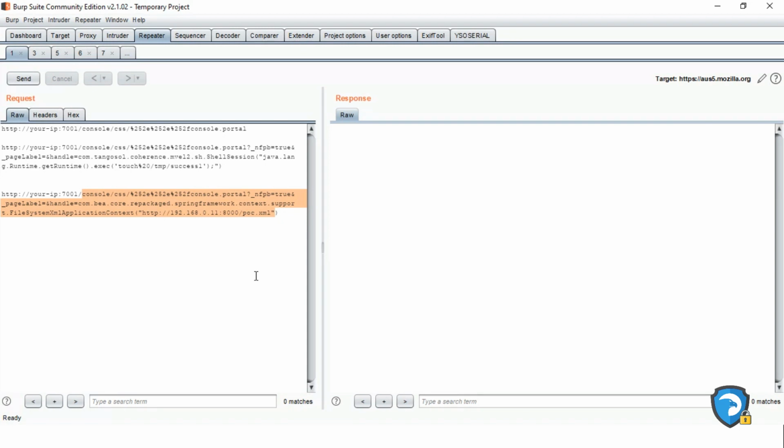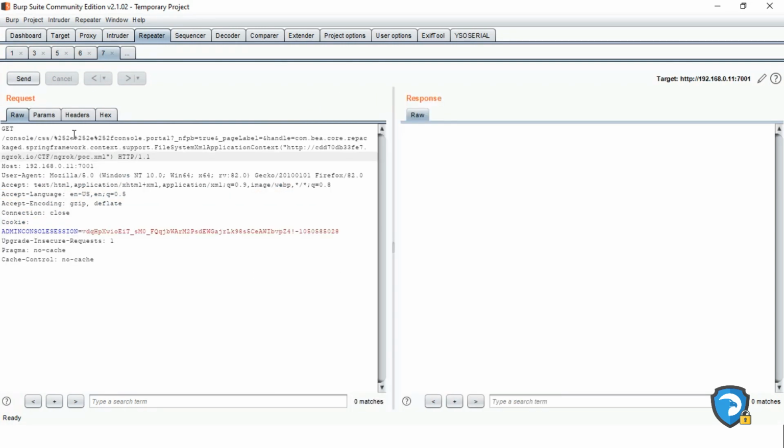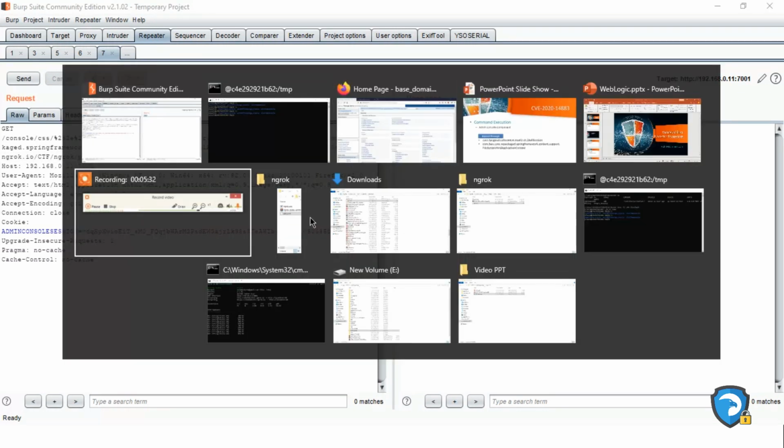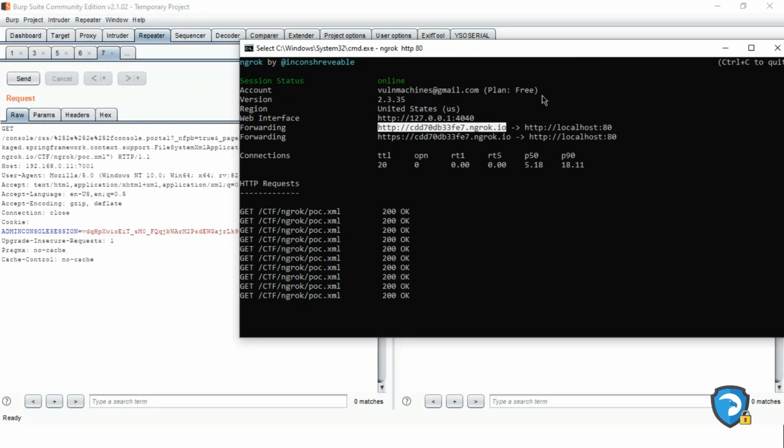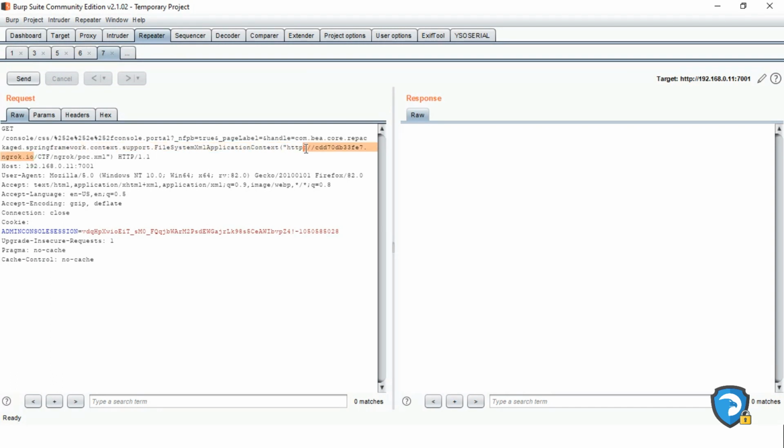To exploit this file system XML application context, you need to make a crafted XML file and serve it on a server that WebLogic can access, such as a Python server, ngrok server, or your localhost server. Here I have used ngrok, and I will paste the ngrok URL and my file path.